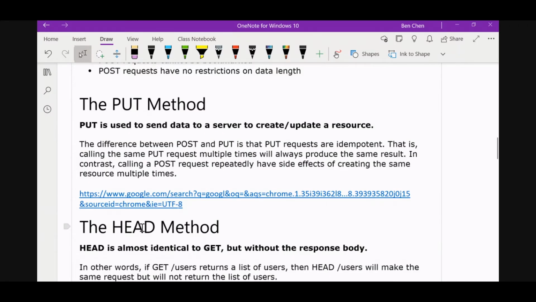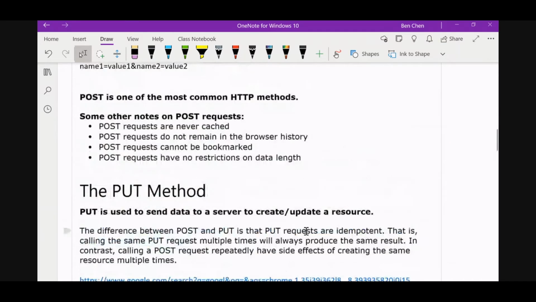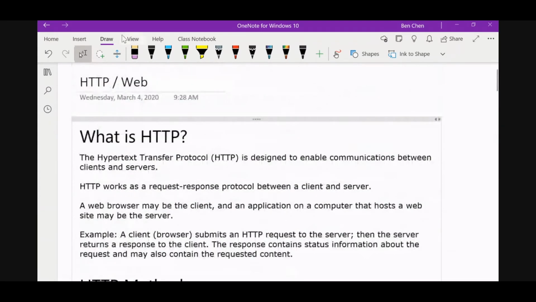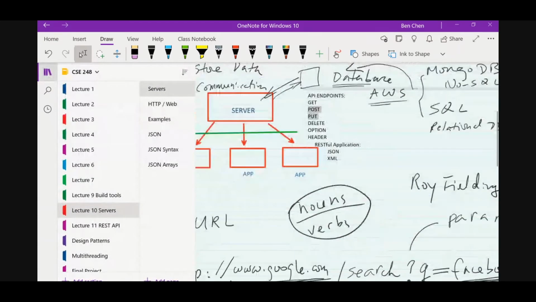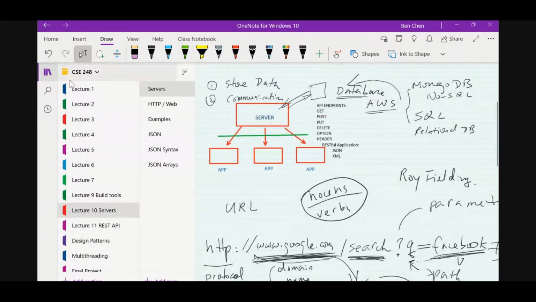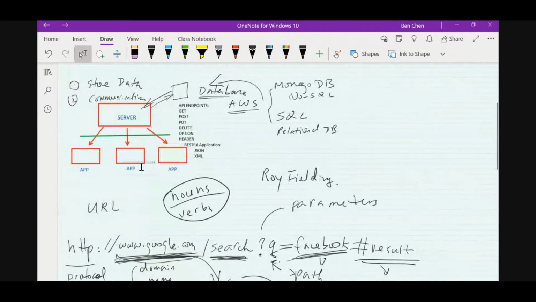Okay, if you just want to see if the data is there or not, if the server is there or not, the resource is there or not, then you can use the head instead of getting everything. Just to make sure you can get it. Okay, the resource is there. So you won't get the body. So sometimes you use that to test, see if the resource is available. Okay, so these are the commonly used methods. And then if we go back to the server,